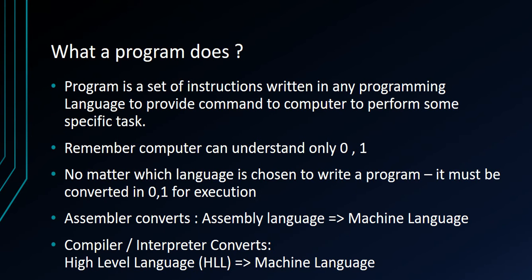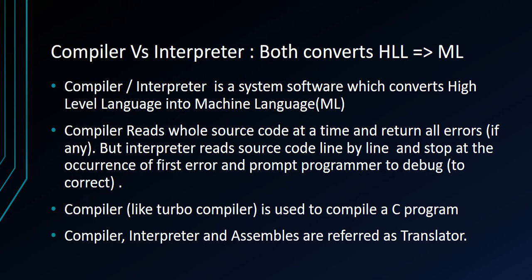In our next slide, compiler versus interpreter. Both convert high-level language into machine language. A compiler and an interpreter are system software which convert high-level language into machine language, but in their working there are major differences, like a compiler reads the whole source code at a time and returns all